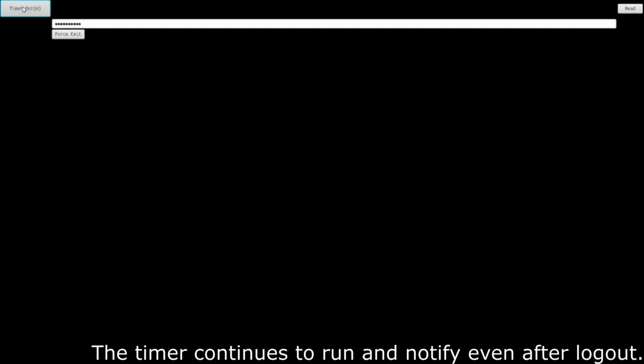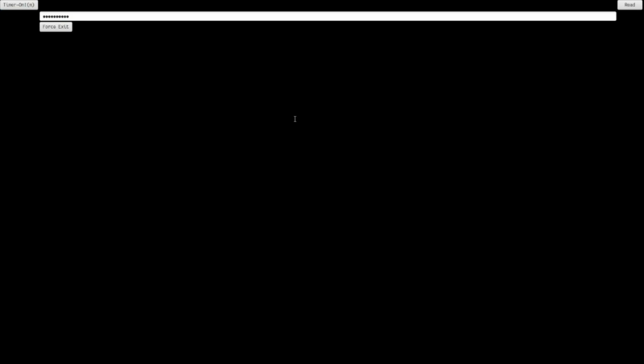If some of you are wondering what happens if I use this timer and then log out, the first thing you will notice is, say I set a 1 minute timer. There's a pop-up window when you click the timer.